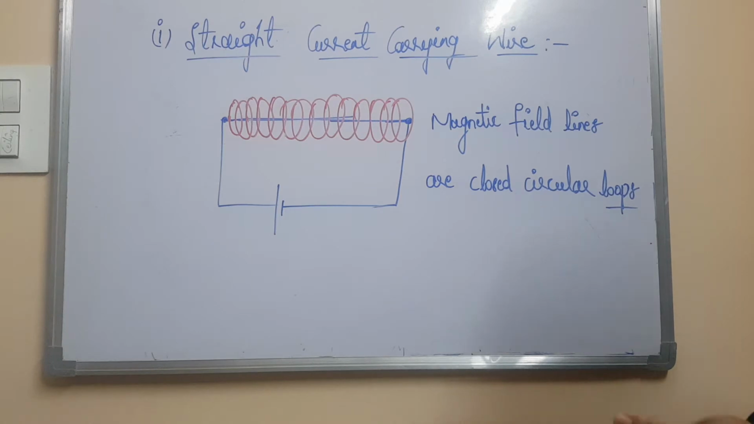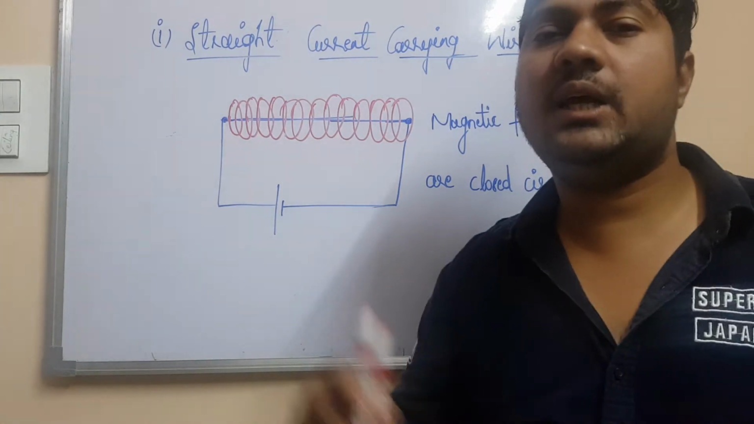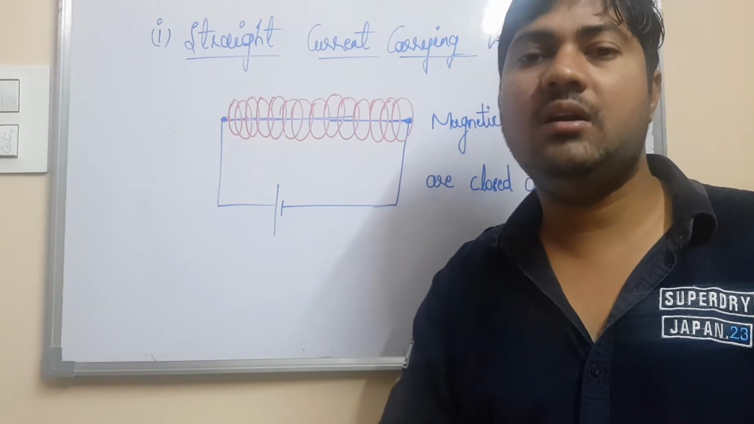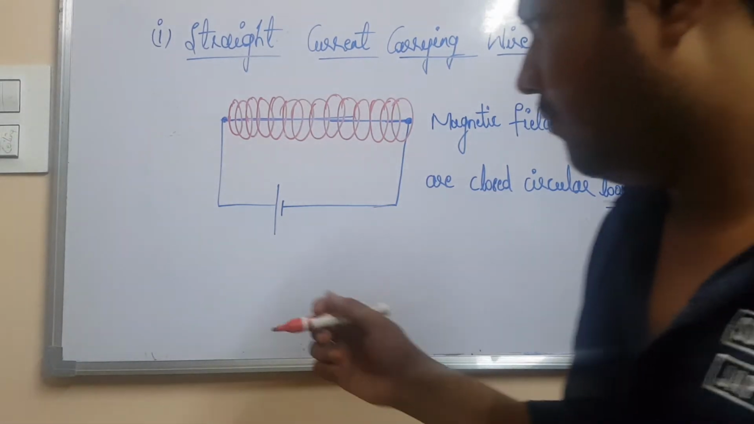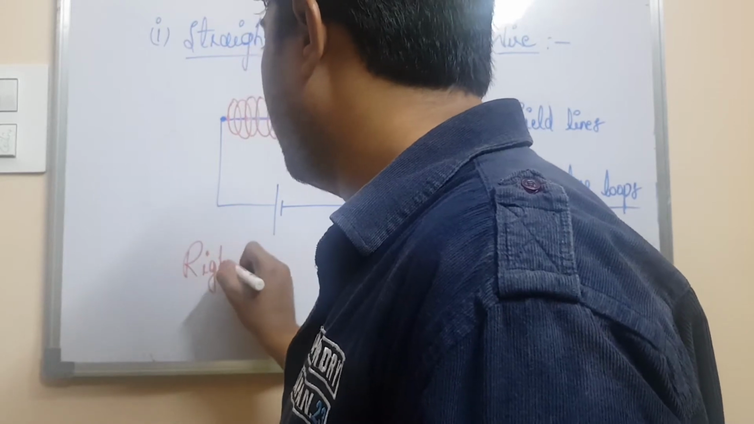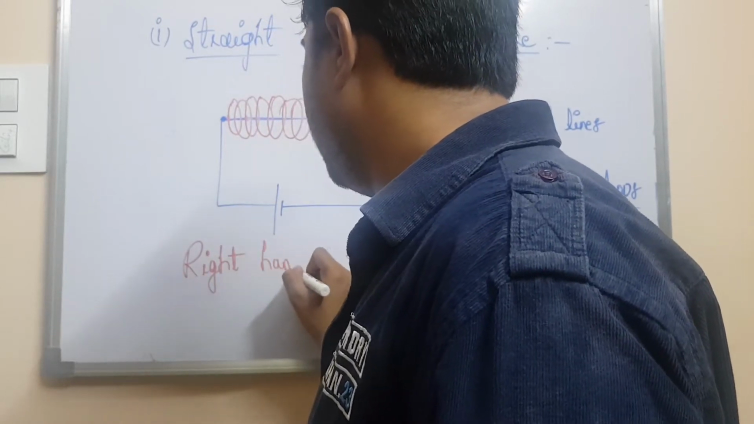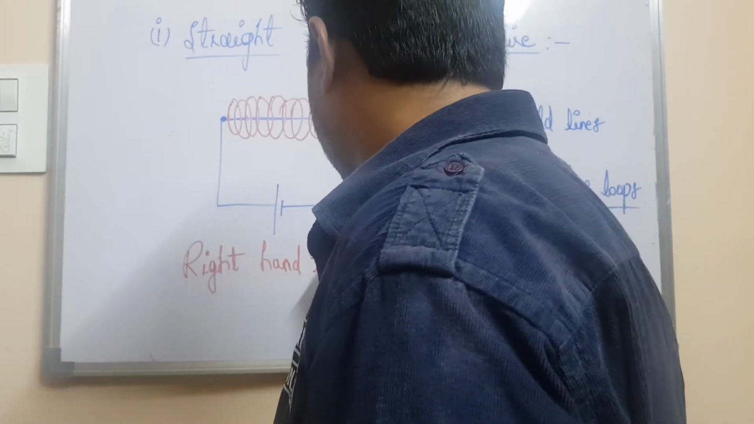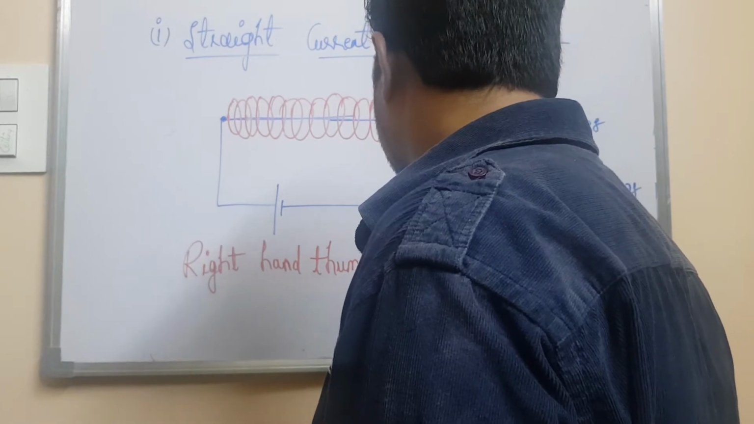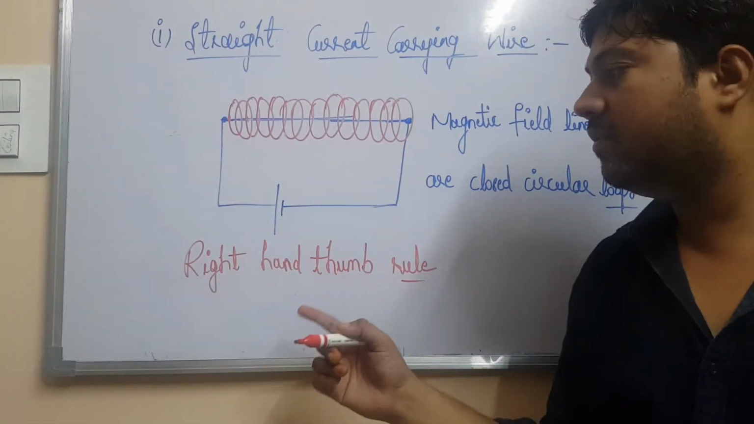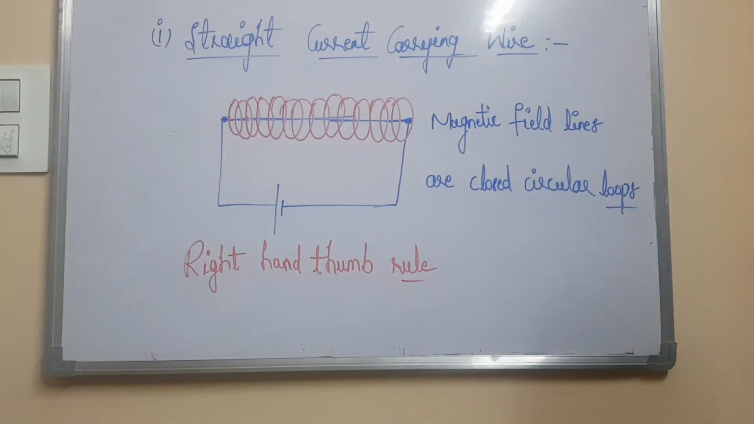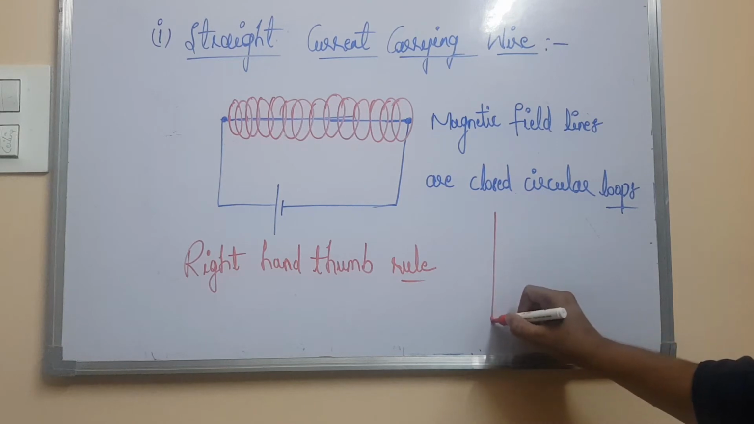Now here we need to find the direction of this magnetic field. In order to find the direction of the magnetic field, we have one rule which is called the right hand thumb rule. For example, if this is a straight current carrying wire,